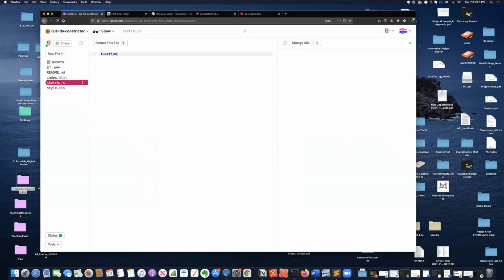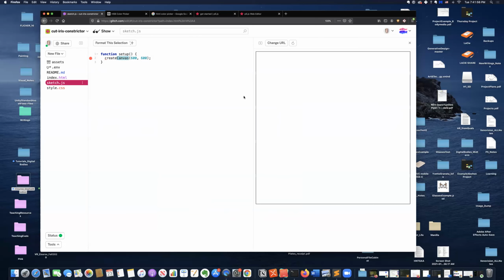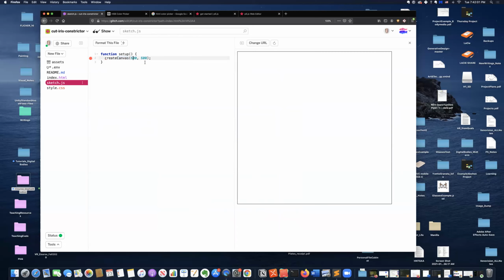So we're going to write function setup, parentheses, curly brackets, and create canvas. So this is something you're going to do each time you set up a P5 sketch. You have to create the canvas in a function setup. So this is creating the canvas element on our HTML page, and it is making it 600 by 600 pixels. And this could be anything. It can be 400 or 300,